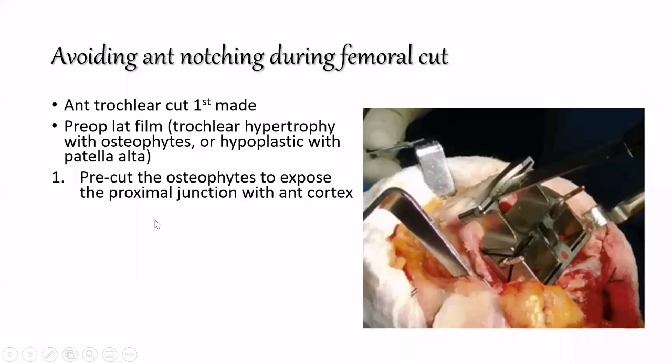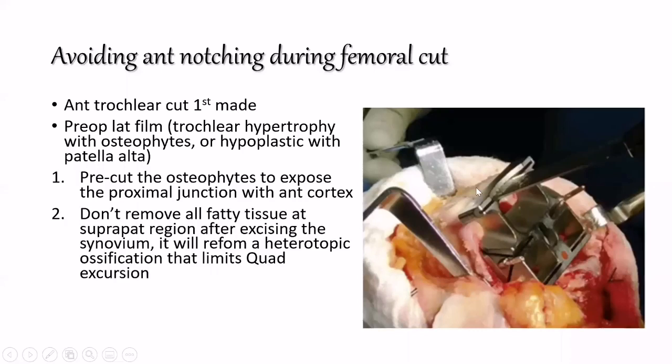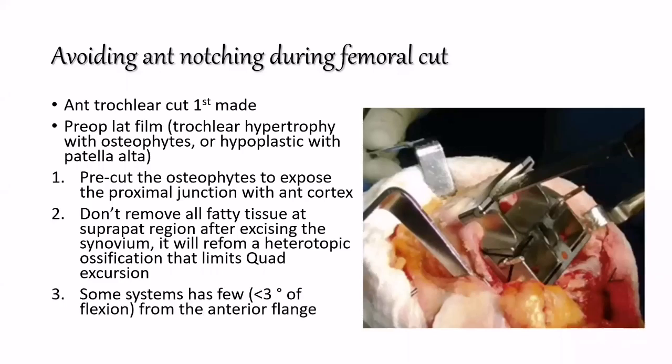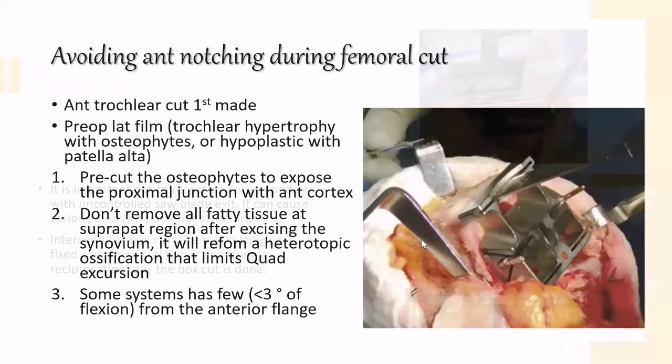Some of the surgeons remove every fatty tissue from the synovium. You can remove only the synovium, and sometimes you are evacuating even the periosteum, and this will cause a hypertrophic ossification, which may limit the quadriceps excursion. So it is not of use. You just feel the anterior cortex, it is safe. And as we see, some of the systems have a slight anterior flexion of the anterior flange in order not